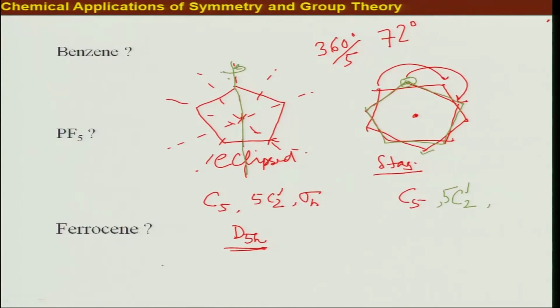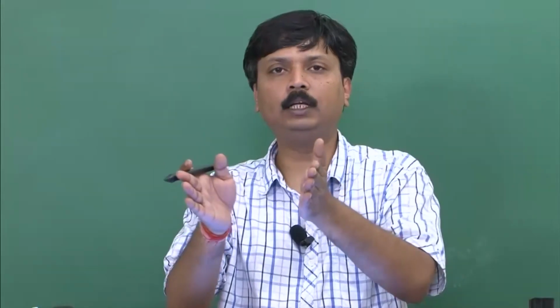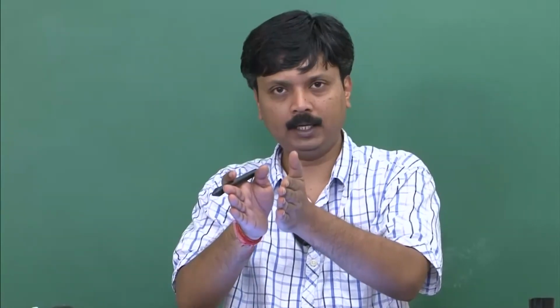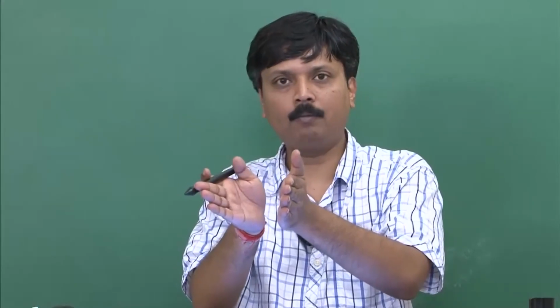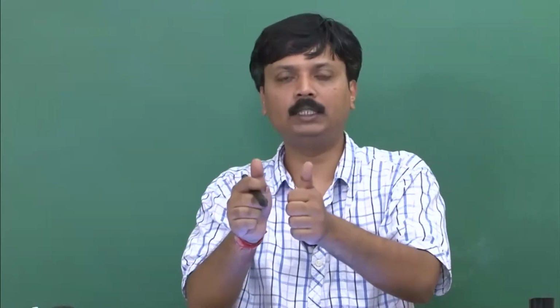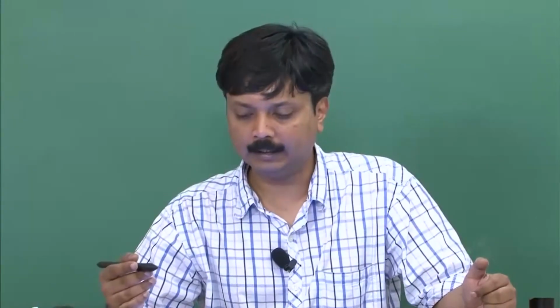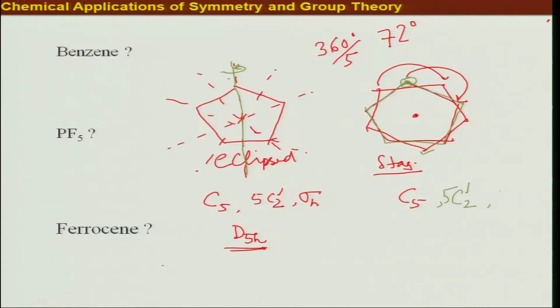If I find any two adjacent C2s, and you have a plane which contains the principal axis of symmetry and bisects the angle formed by two C2 primes, you have got your sigma d, and you should be able to do that very easily using pen and paper. If you perform that, you will see there are 5 sigma d's. So that is sufficient to get the point group. So I have D5d point group for the staggered conformation of